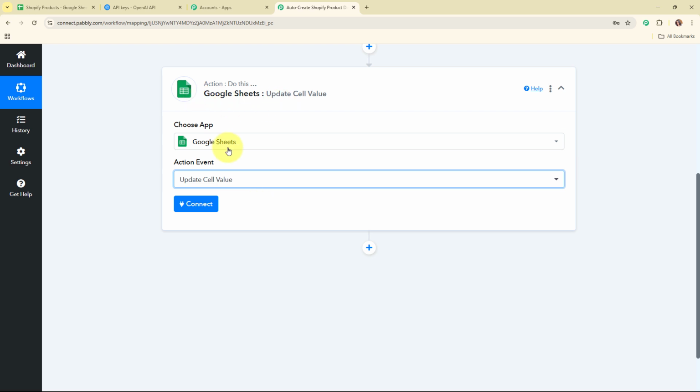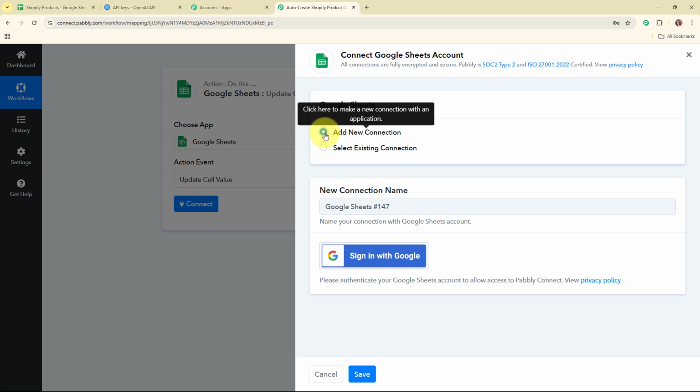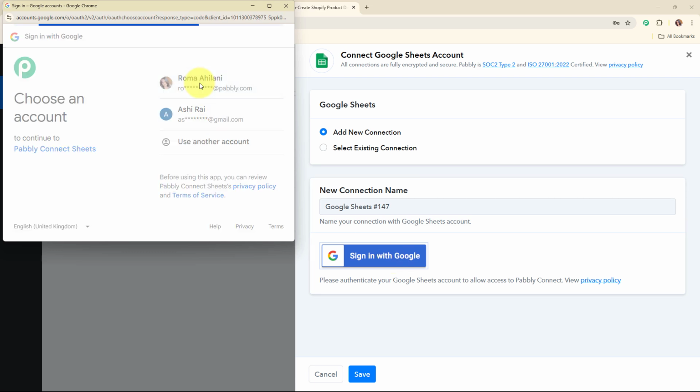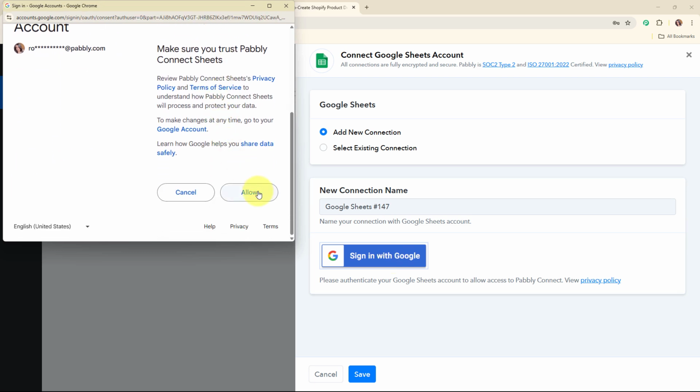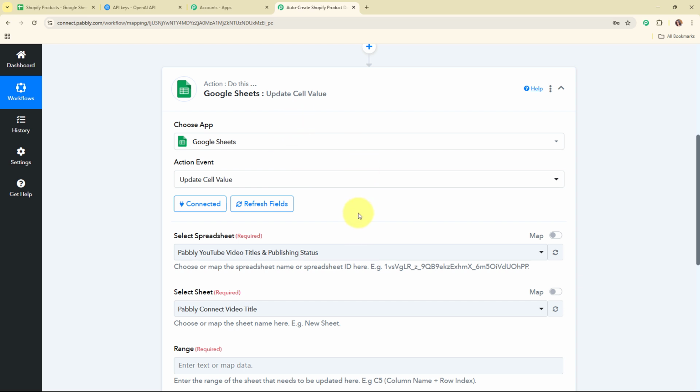Alright, so now to connect my Google Sheets with Pabbly Connect, I'm going to click on this connect. To build a new connection, I'm going to select add new connection, because I've connected my Google Sheets account with Pabbly Connect in my trigger setup, and this time I'm going to build this connection in my action setup. So for that, I'm going to add a new connection over here. And now to build a new connection, I'm going to click on sign in with Google. Here I'm going to select my desired account, and then I'm going to click on allow and give access to Pabbly, as your data is secured with Pabbly. Authorization successful. So here you can see we are now successfully connected.